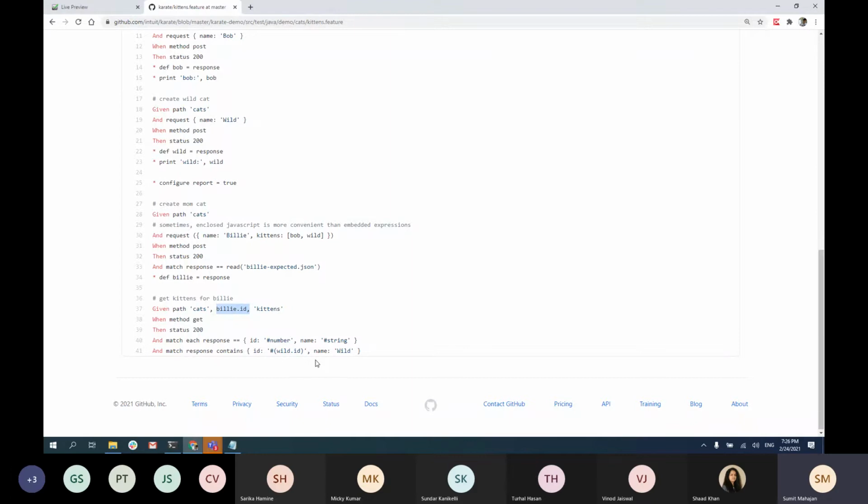And this is how you will match those responses. But the big part is that you can create those responses inside a JSON file or any other file, right? And you can match with it. This is basically a template validation that ID should be a number and name should be a string. And then ID should be wild.id and the name should be wild, right?